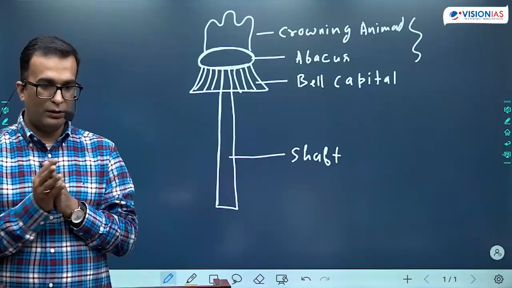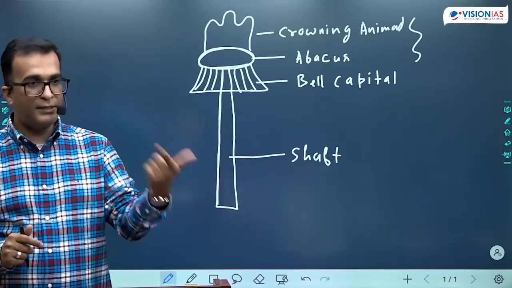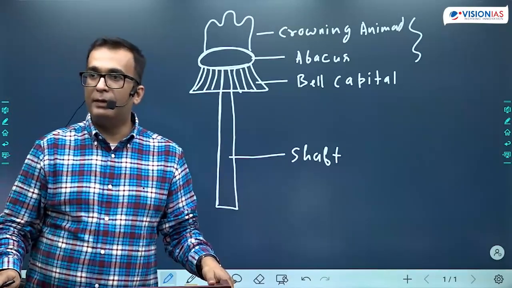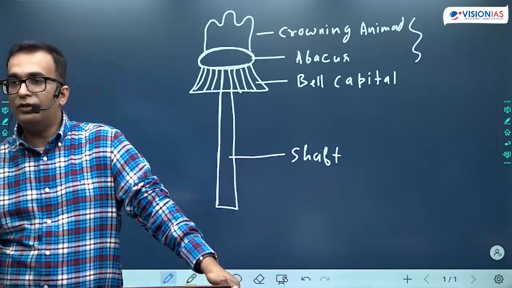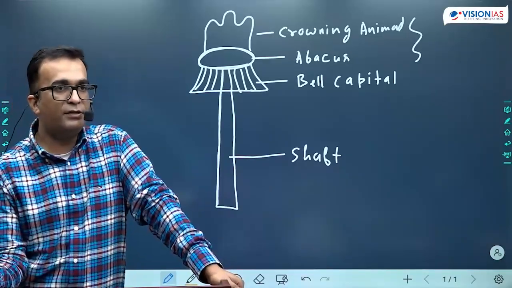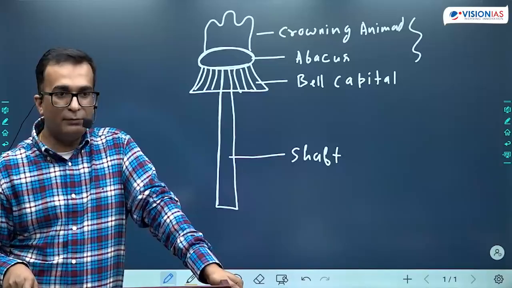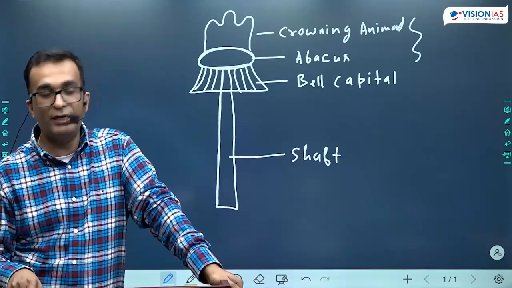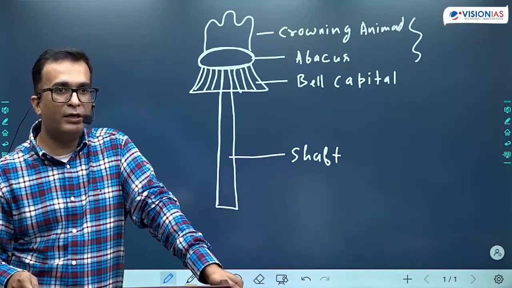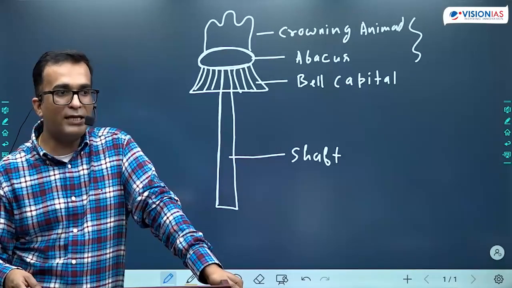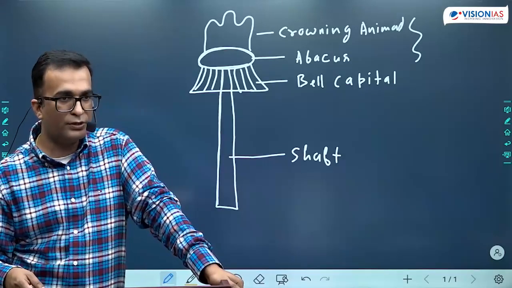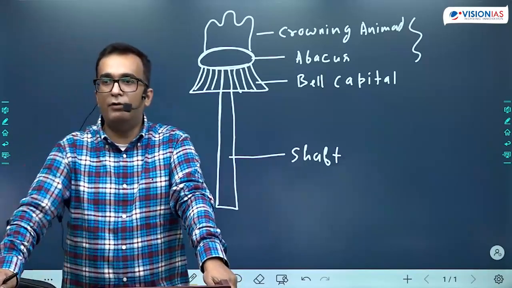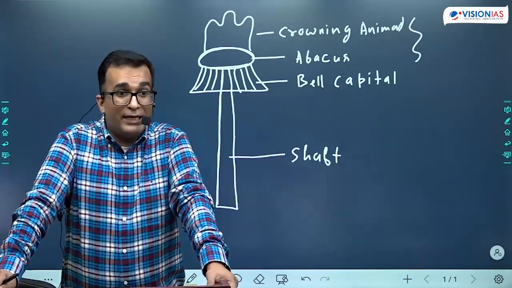Done? So now let's talk about the purpose. After the purpose, we'll go into the examples. So as far as the purpose of the Mauryan pillars is concerned, there are 2-3 parts to it. First, the purpose before the Kalinga War. The Kalinga War happened in 261 BC. That was the 9th year of Ashoka's rule. He ascended in 269. So before the Kalinga War, the purpose of the Mauryan pillar was celebrating the victory,